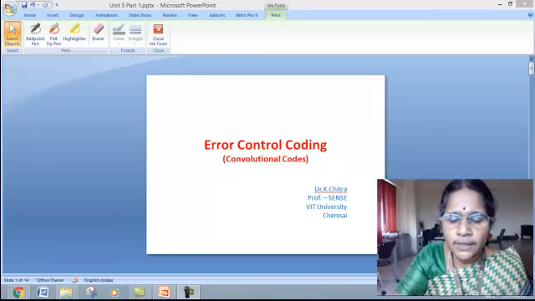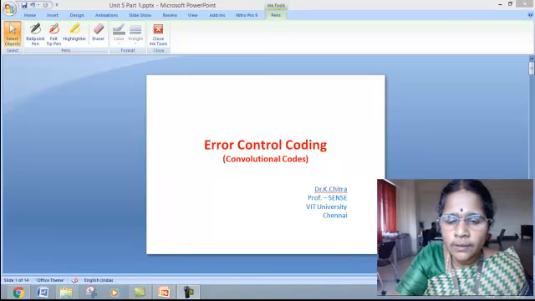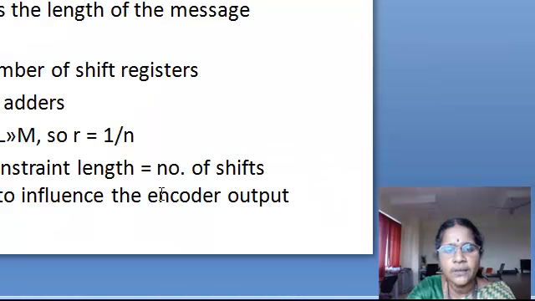This lecture is about error control coding. Here, let us see convolutional codes. Basic terminologies are: